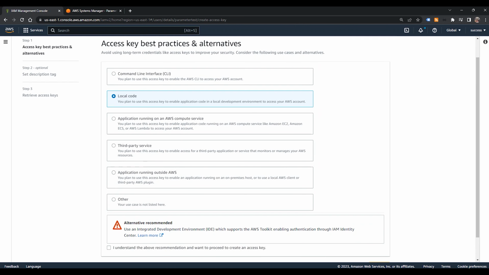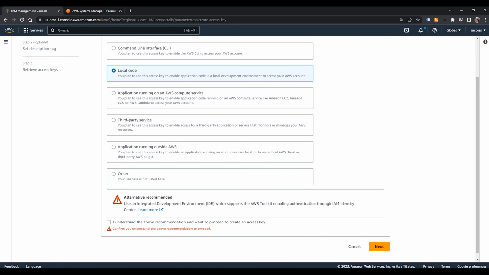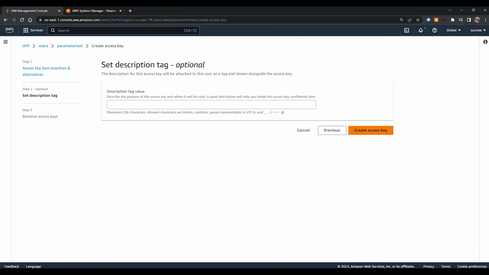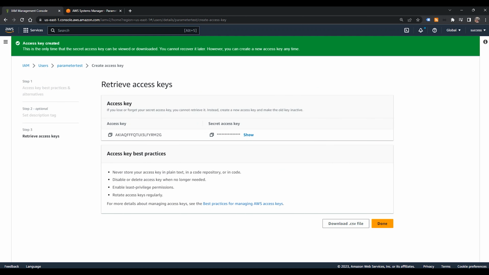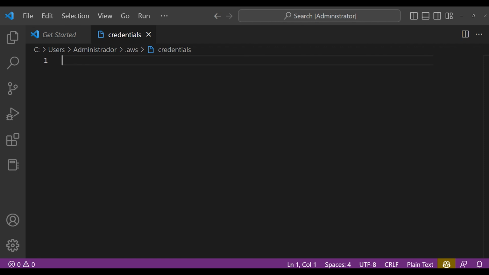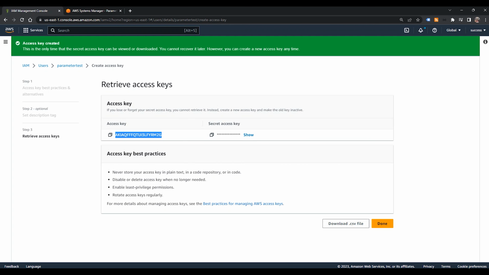Then we're going to agree that this is what we want. So we are going to click I acknowledge, and we are going to click done, and we create the access key. You will see that there's an access key and a secret access key. So we are going to copy the access key, and we are going to copy also the secret access key